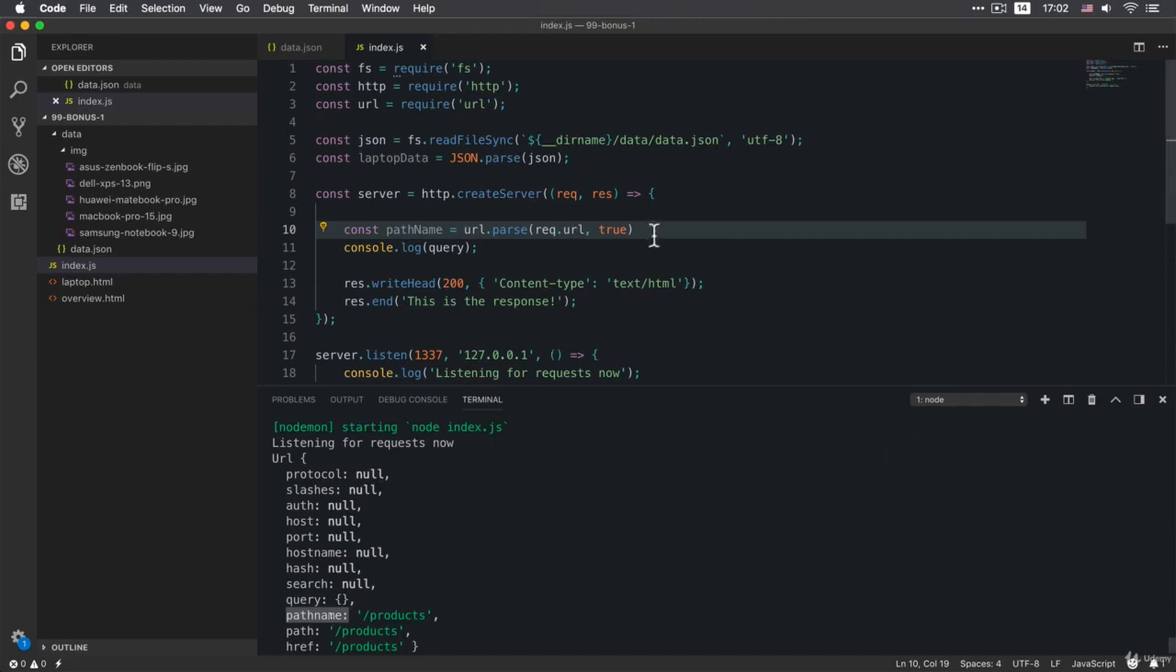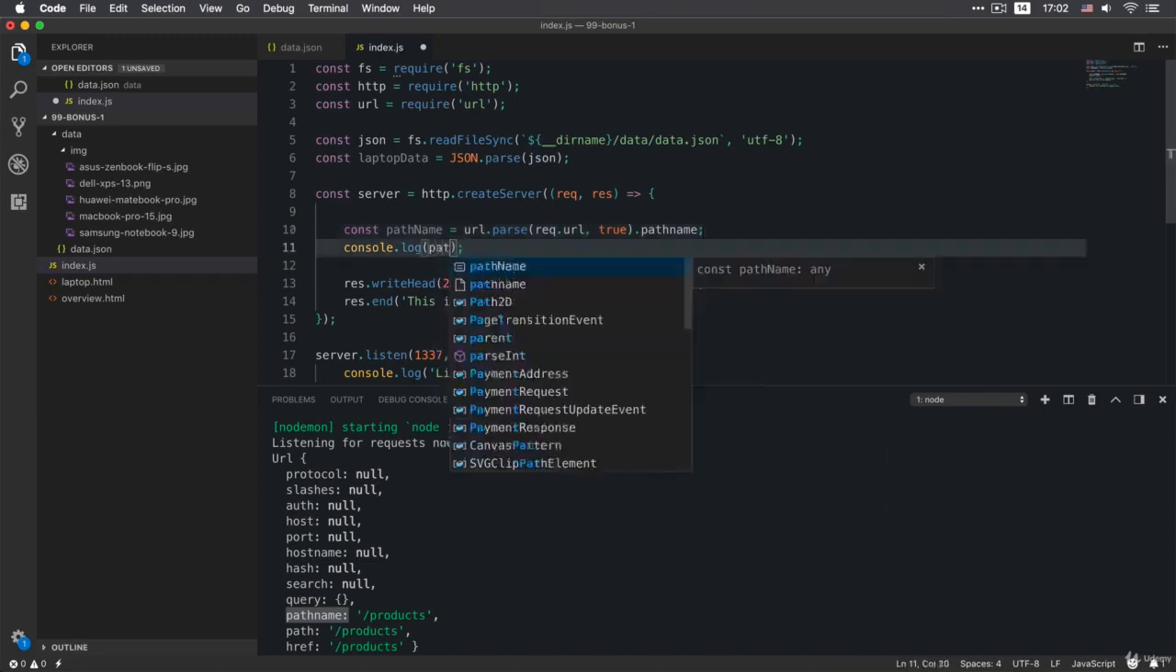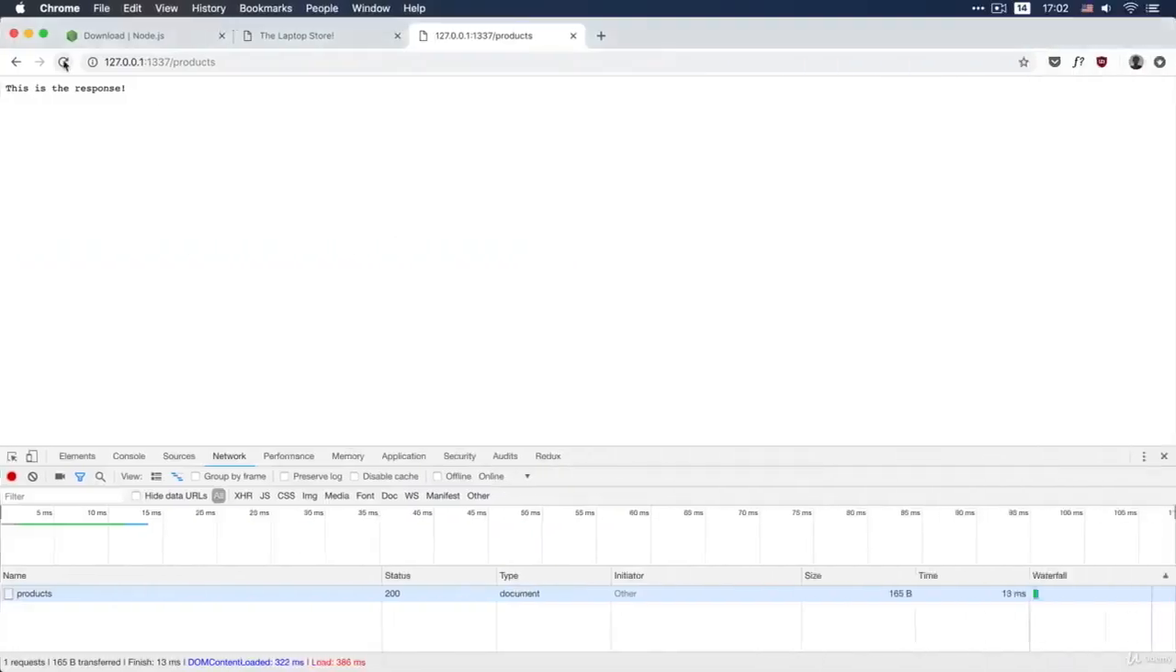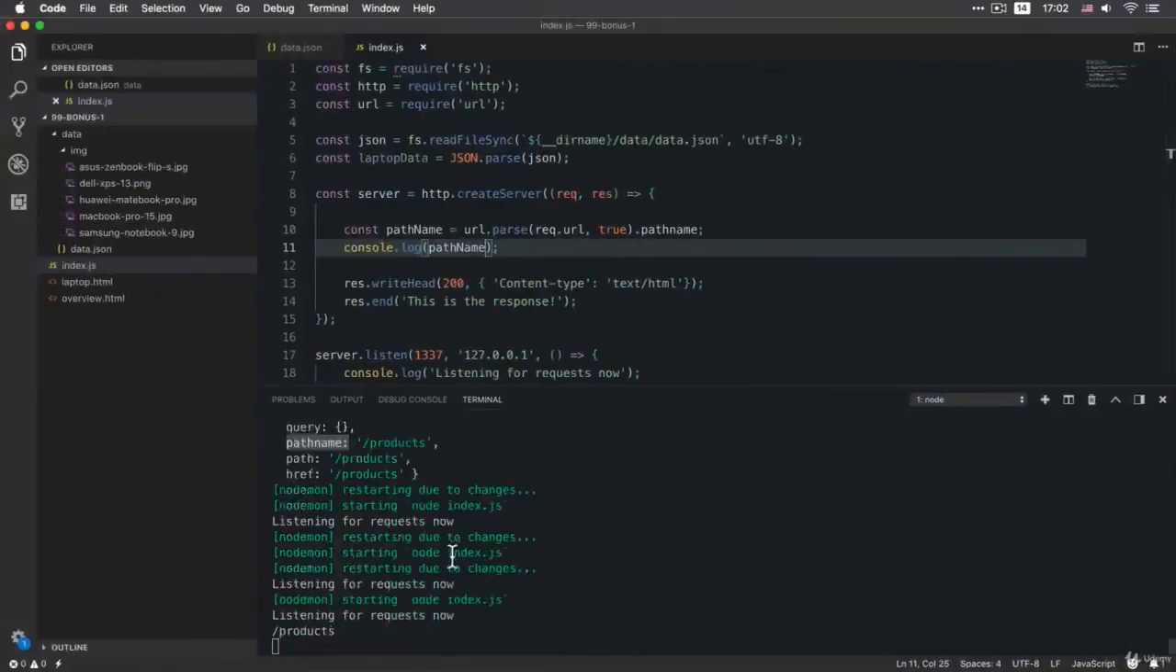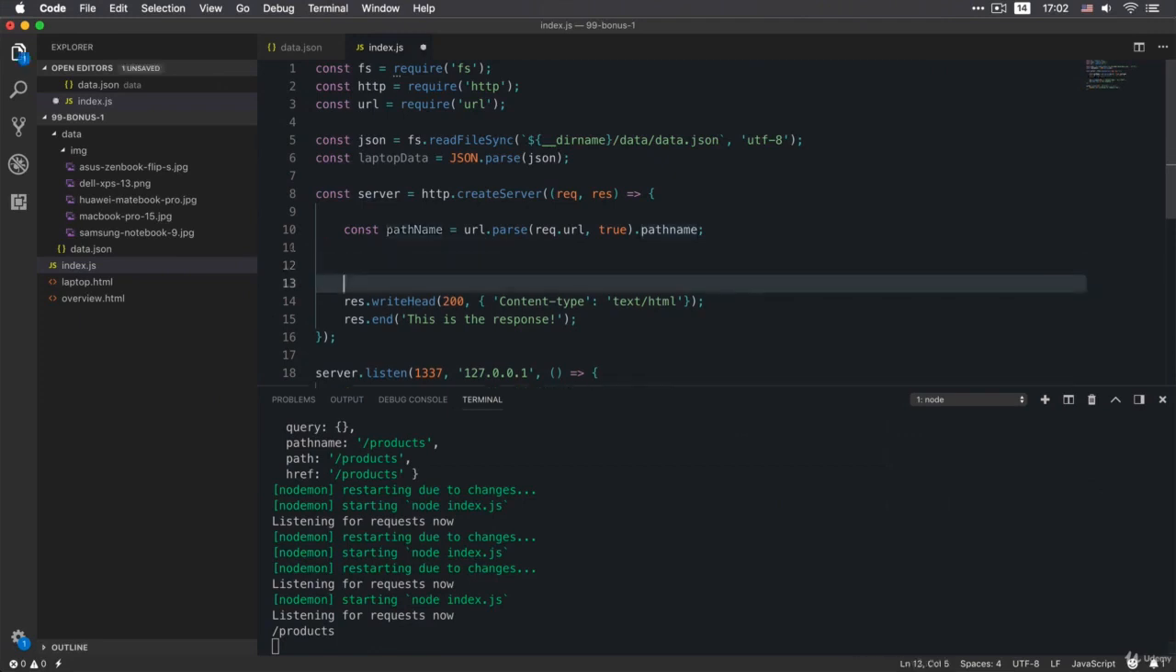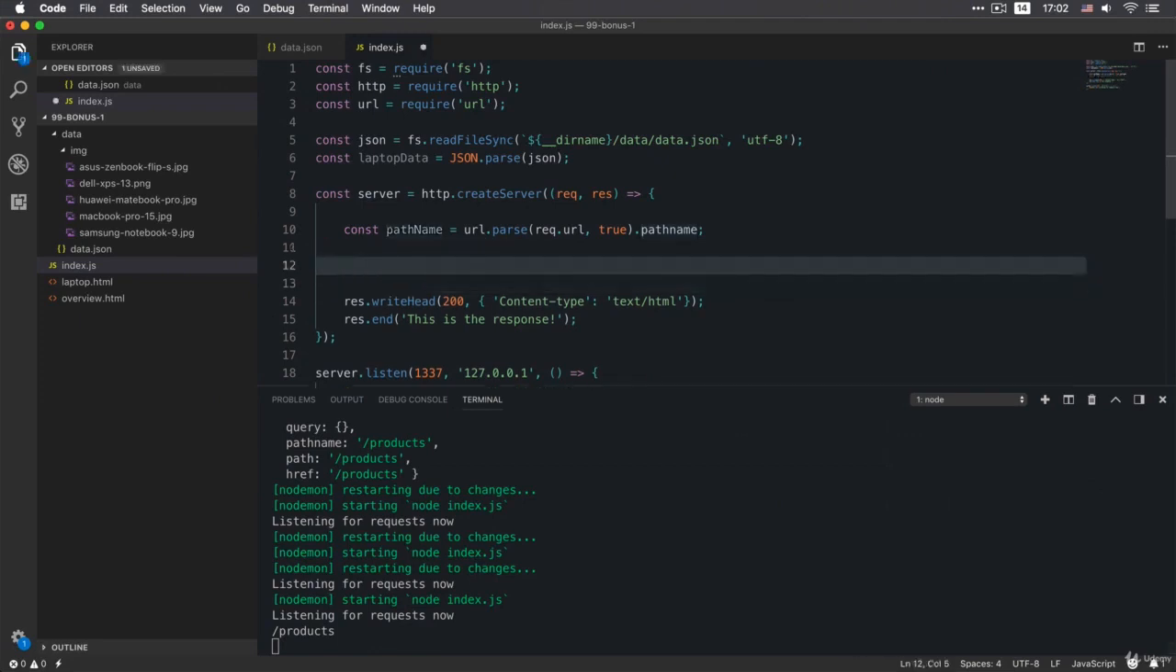All right, so dot pathname. And so let's now just quickly take a look at that, reload, and it should give us products. All right, here we go. And with this, we can actually already start implementing some very simple routing, because all we have to do is